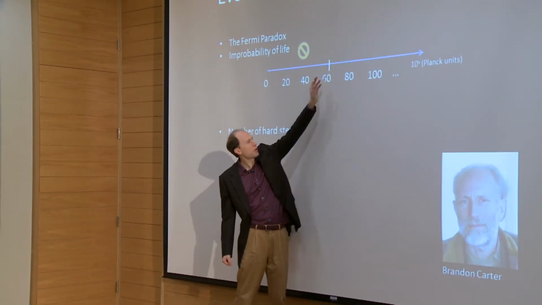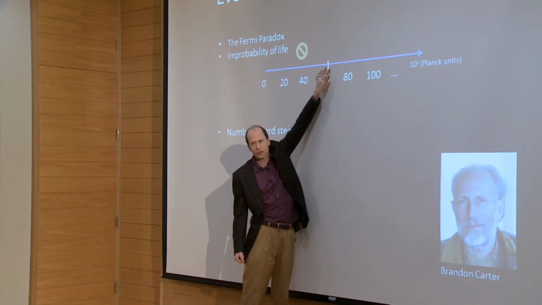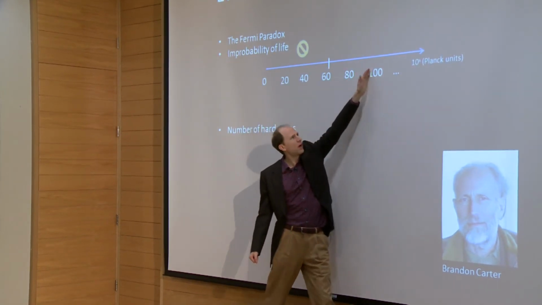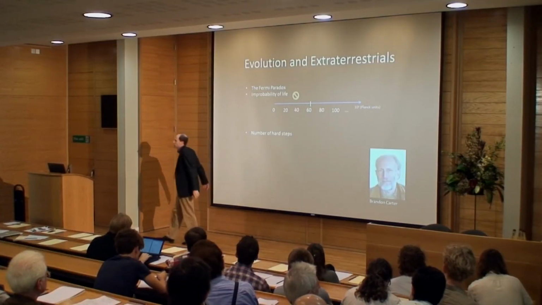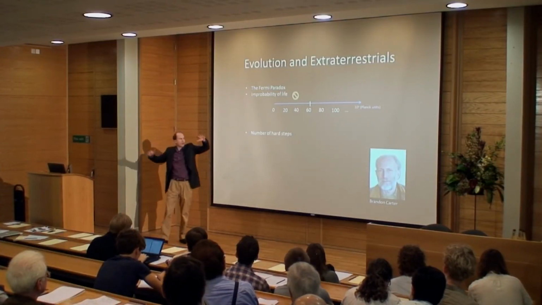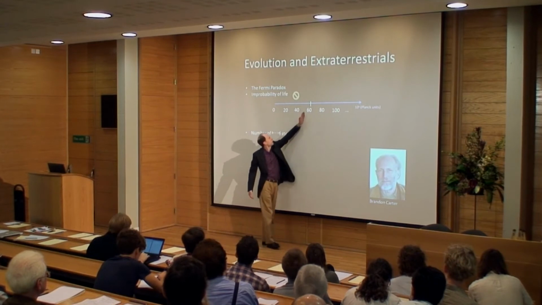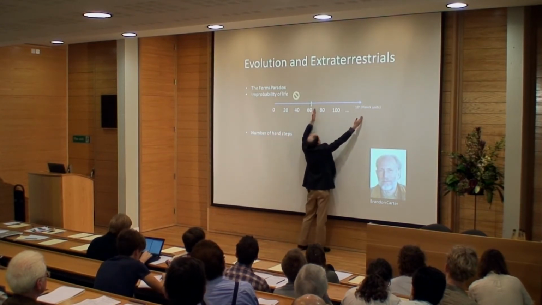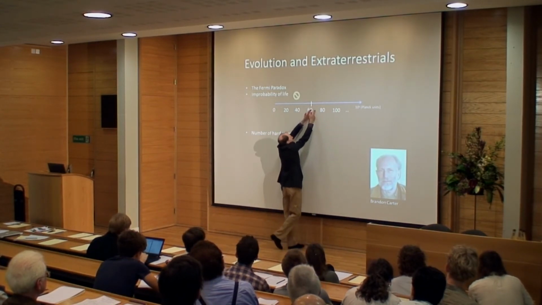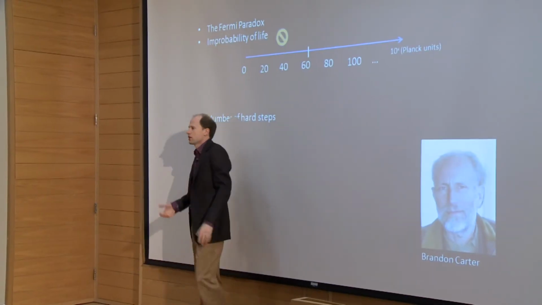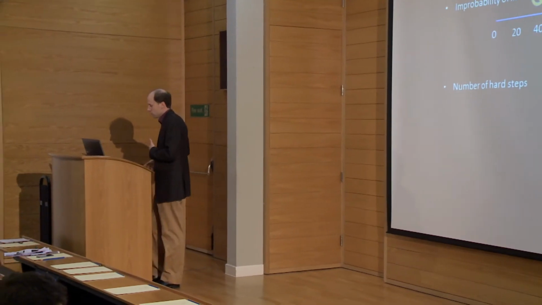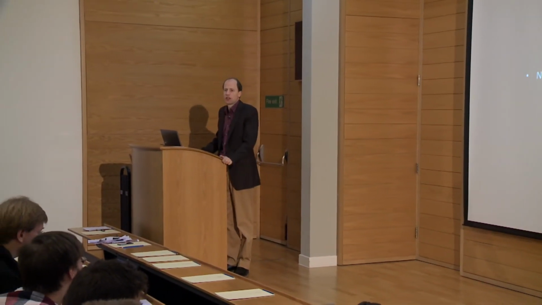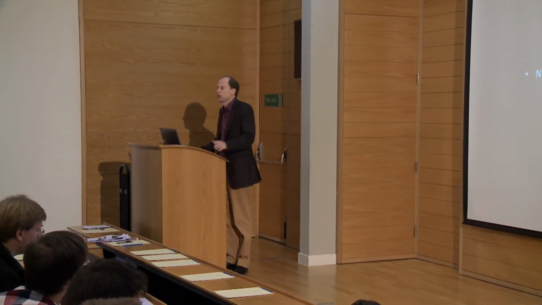So that leaves two possibilities. Either it's just about this range here, or it's somewhere in this wide range that we haven't ruled out by observation. And Carter's point was simply that if we have a smeared out prior, and we chop off this whole part here, then almost all the remaining probability will be here, rather than in this narrow interval somewhere around here. So what this means is that if the expectation time is not much shorter than the time it took here on Earth, then it's probably vastly longer.